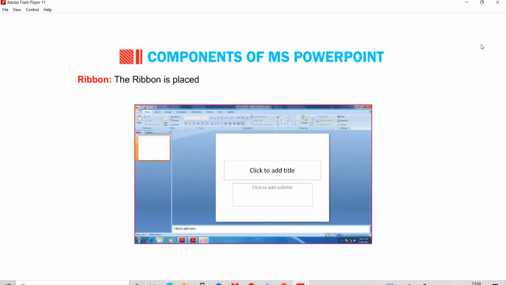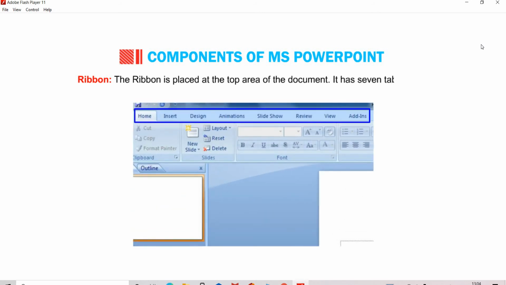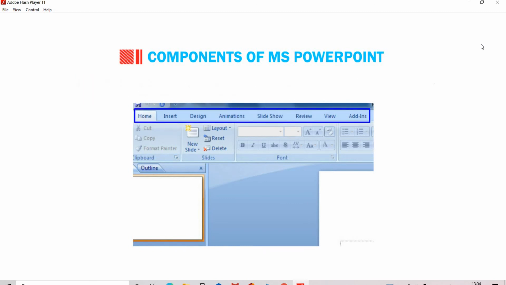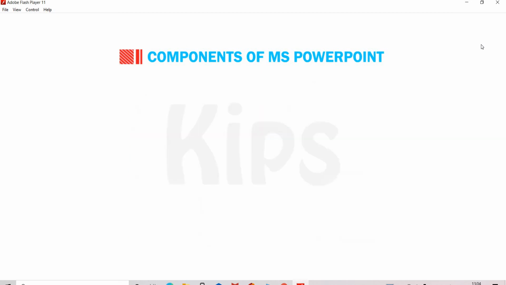The ribbon is placed at the top area of the document. It has 7 tabs: Home, Insert, Design, Animations, Slideshow, Review and View. Each tab contains commands arranged in groups.